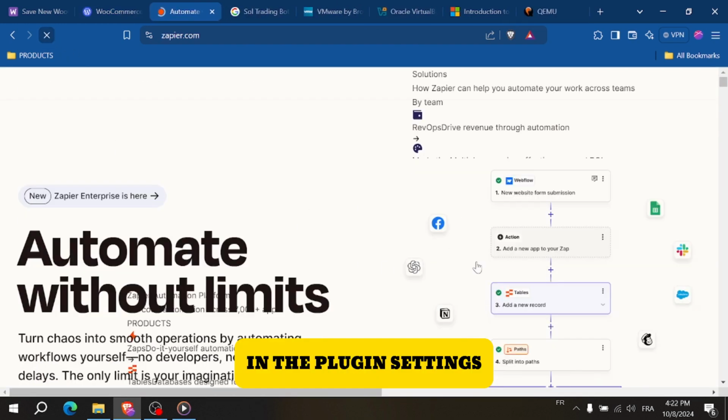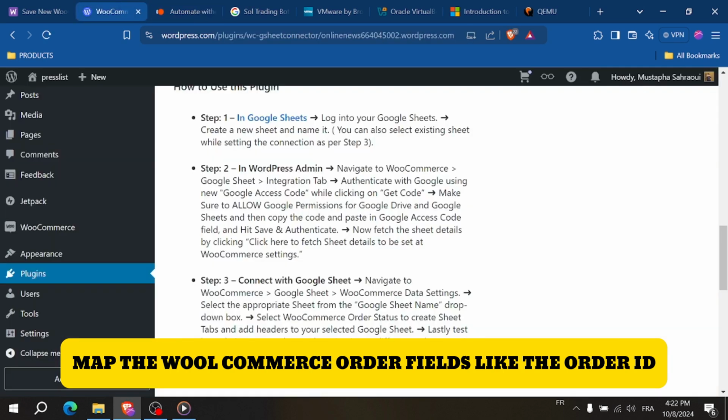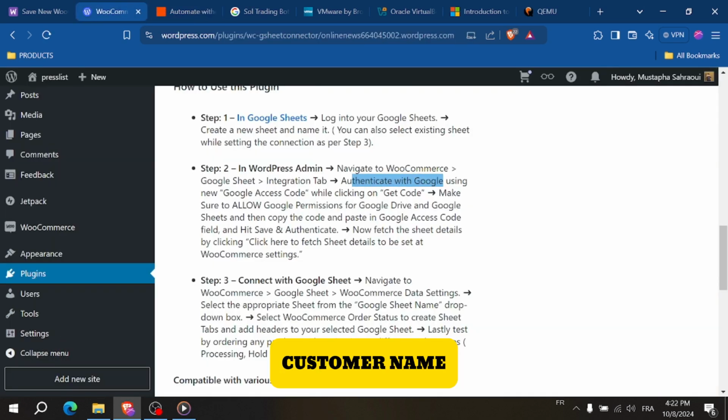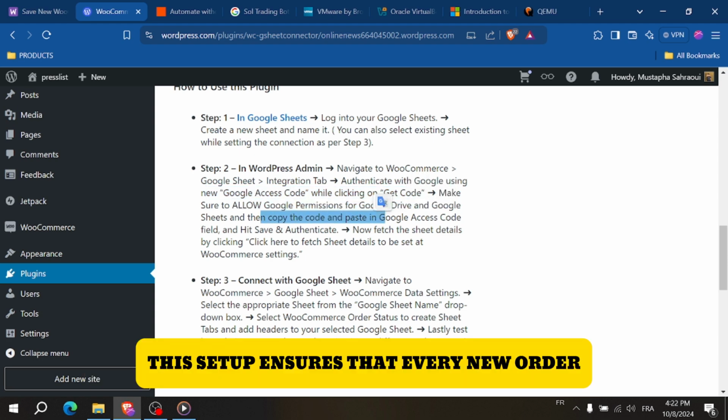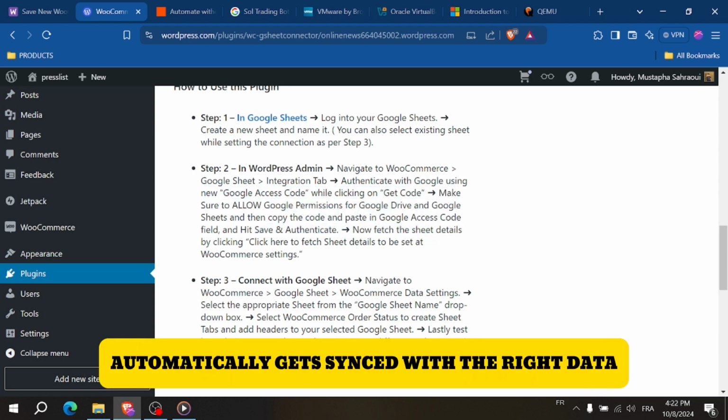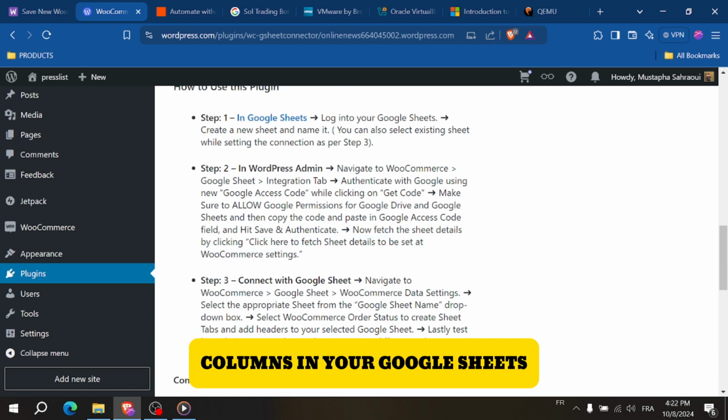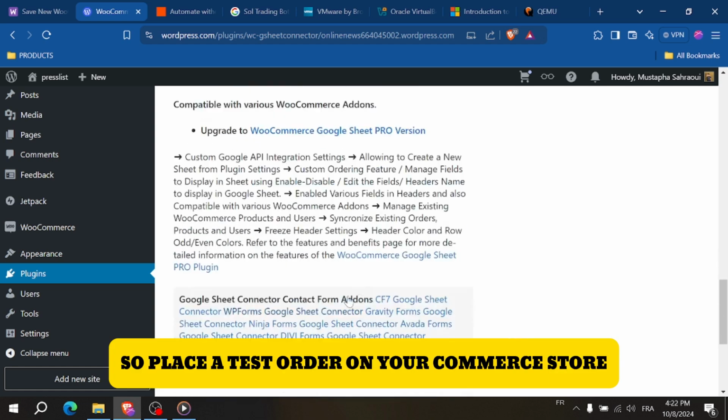In the plugin settings, map the WooCommerce order fields like the order ID, customer name, and product to the columns in your Google Sheets. This setup ensures that every new order automatically gets synced with the right data columns in your Google Sheets. Once everything is set up, it's time to test it, so place a test order on your